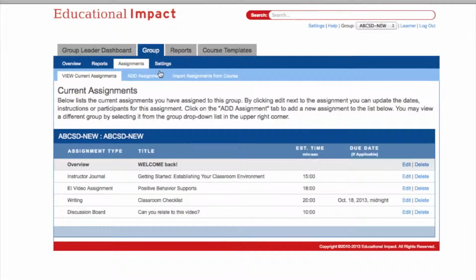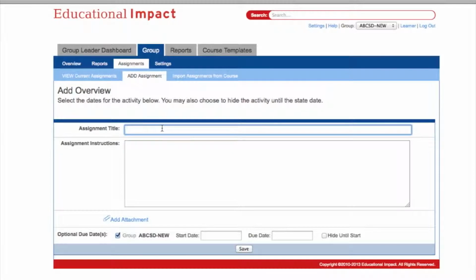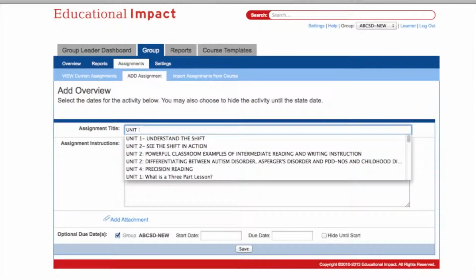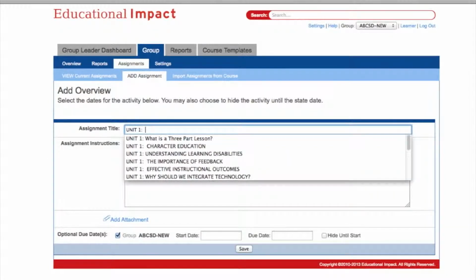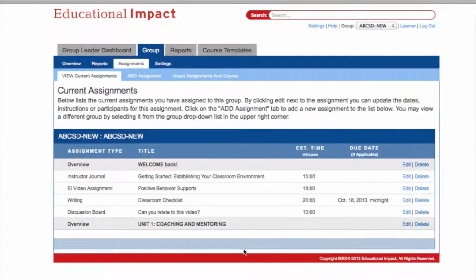As I start working through this course, though, I'm going to be chunking it into units. And I like to use the overview assignment to organize it into units. I know that Educational Impact has a really great program on coaching and mentoring the teacher, and we're going to watch that throughout the year. So my first unit will be from that program. And I can use some instructions, add an attachment here if I like,